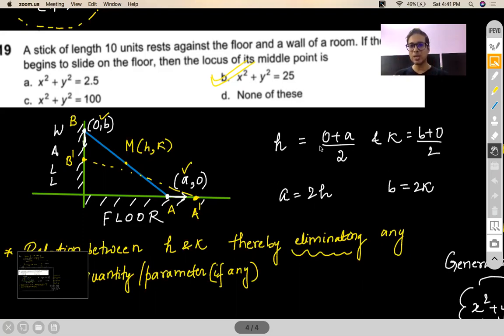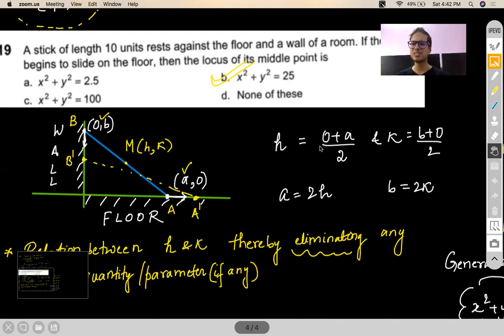As a healthy practice, most of you who are doing coding know there is a healthy practice to write the name of the variable. You should not write it as I, J, K and all, because you will tend to get confused. If you're talking about height, you normally write it as HEIGHT or HT, length as LEN, like that. In the same way, it's a healthy practice to assume the point to be h comma k. Second thing is, you may assume some things to make your life easy.